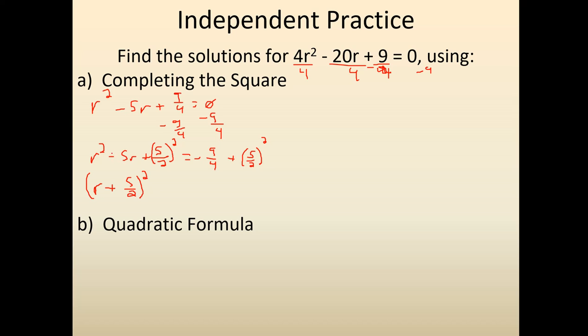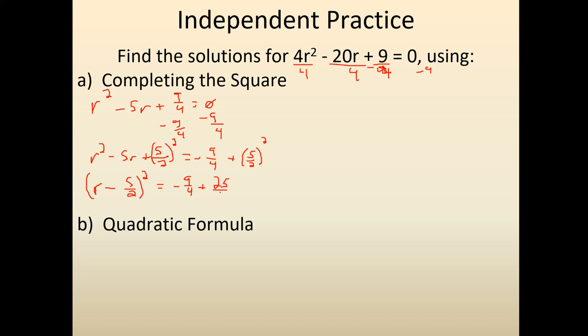Since this middle term's a negative, that actually tells me it's not going to be plus 5 halves, but I'll have to actually make this a negative 5 halves. Over here, this will end up being minus 9 over 4 plus